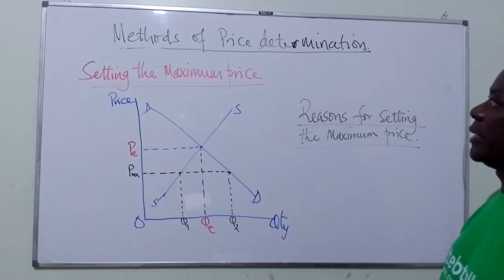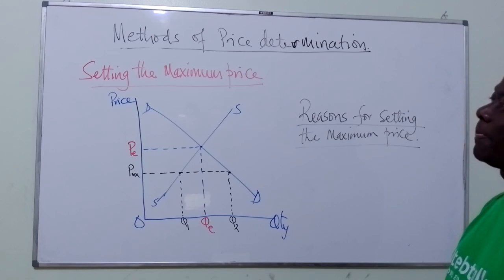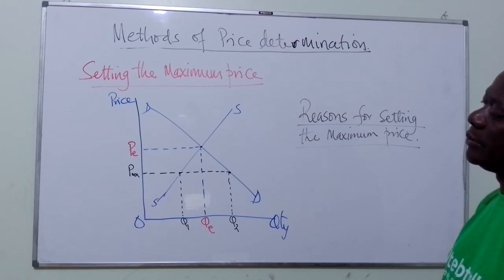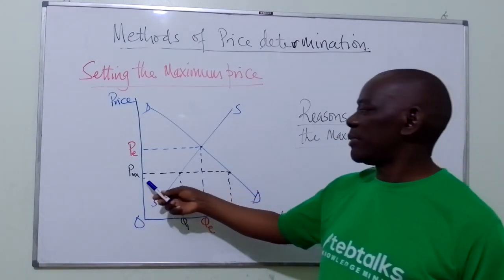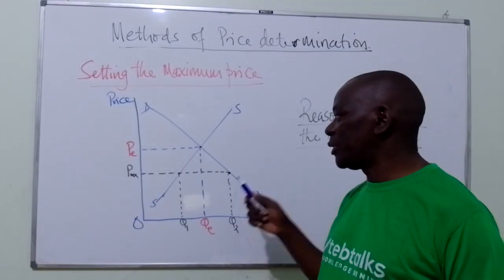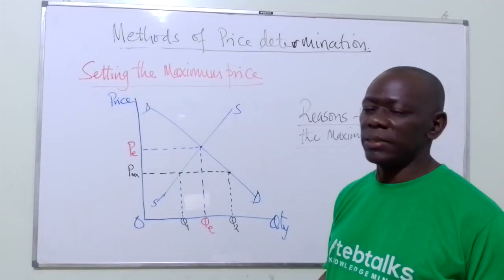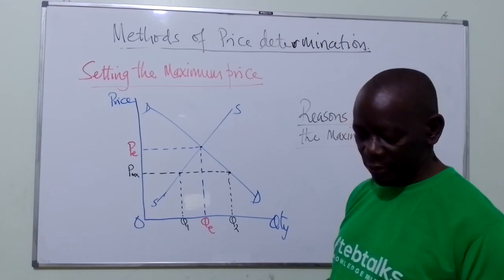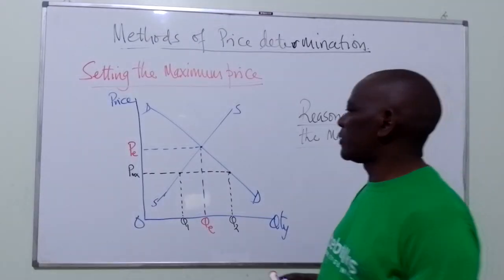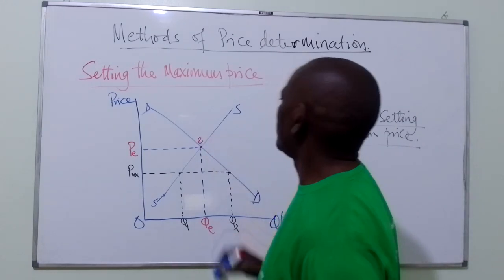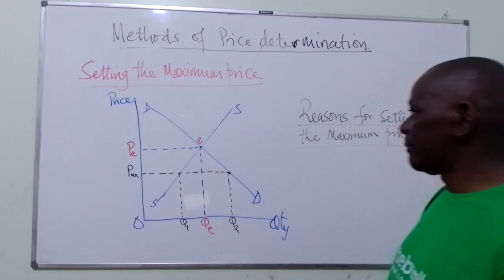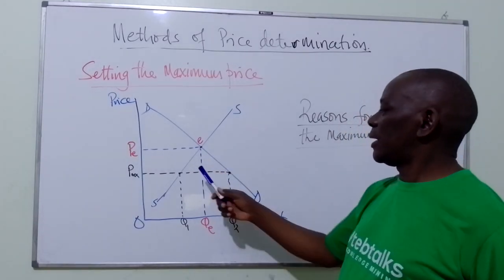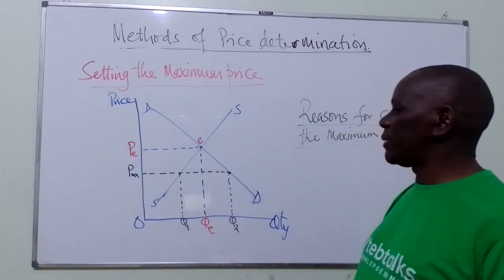Yeah, we are looking at methods of price determination, and we have done the diagrammatical illustration where we are showing that the maximum price is set below the equilibrium point. That is the equilibrium price, and we say the equilibrium price is where the quantity supplied is equal to quantity demanded. So we have the maximum price. Government sets it